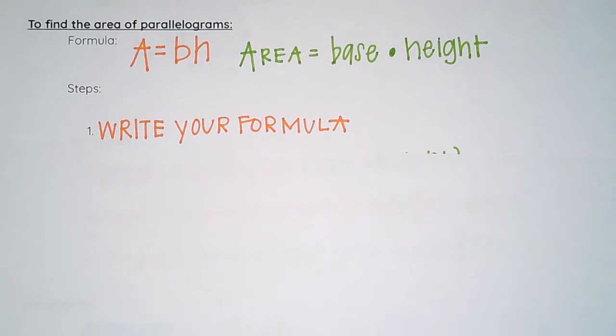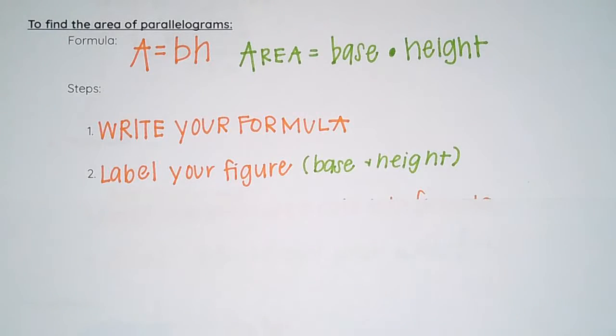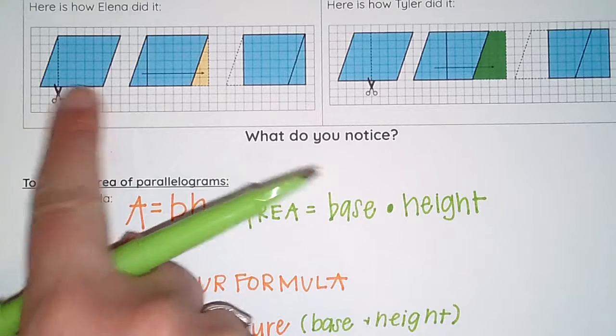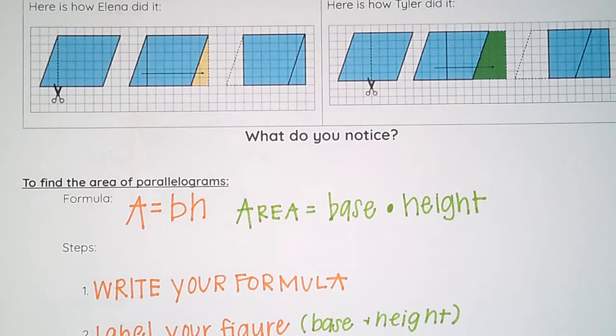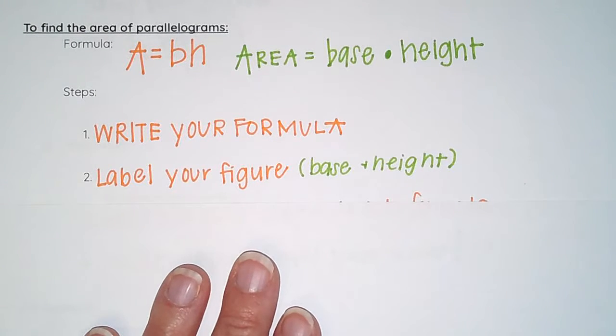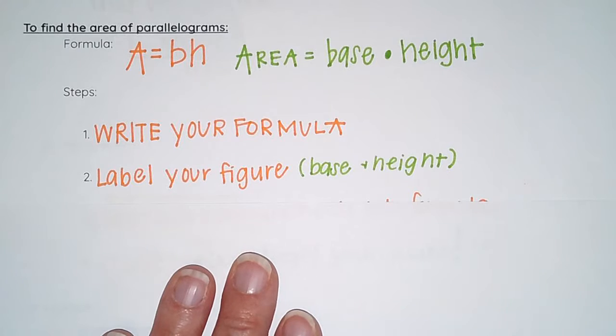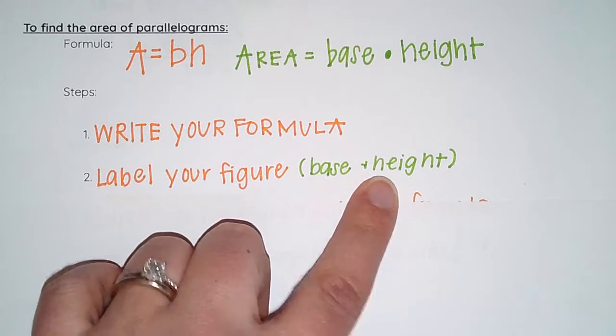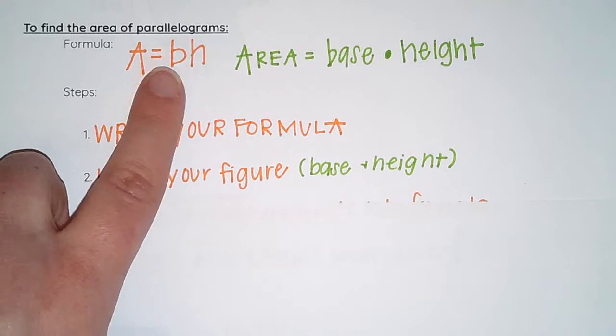Okay. Step number 2 is to label our figure. So then we can go into our parallelogram and say, okay, well, this is our base and this is our height, or wherever the base and the height might be. We want to do that because sometimes we'll have multiple measurements in our parallelogram. Again, I'll show you an example of that in a minute, but we need to make sure that we have the correct measurements. So we label our base and our height in this instance because that's what we need here, our